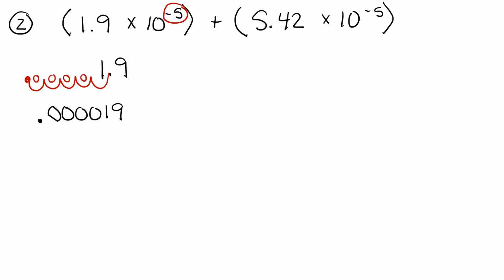0.000019. For the second number, we have our 5.42. We're again going to move the decimal point 5 times. Because the exponent is negative, we're going to move the decimal point towards the front, so the zeros are in the front of the number. 1, 2, 3, 4, 5. Again, filling in those placeholders with zeros. And we get